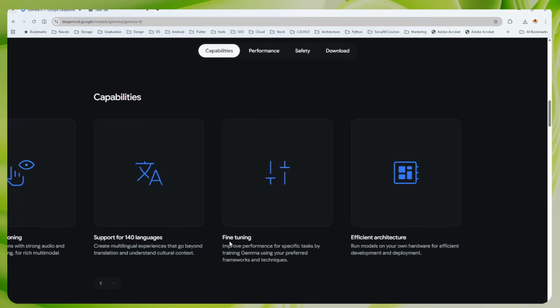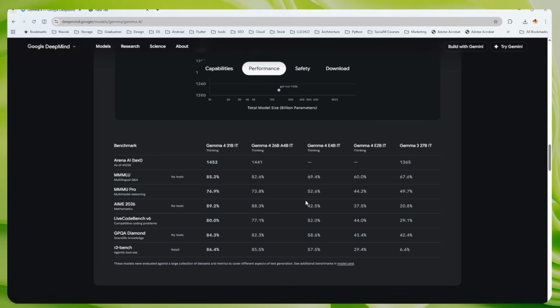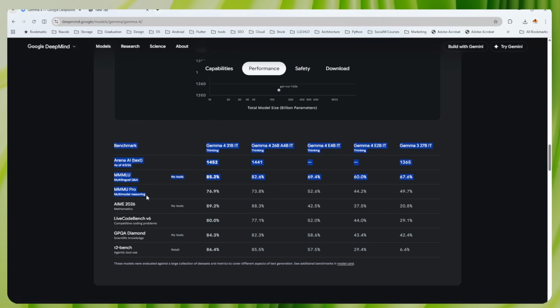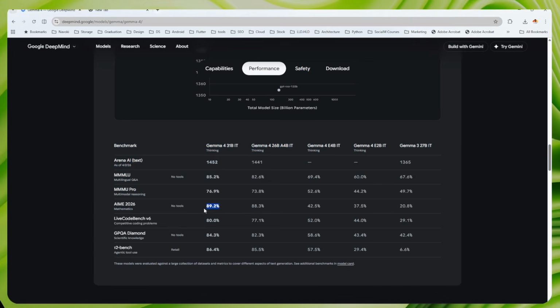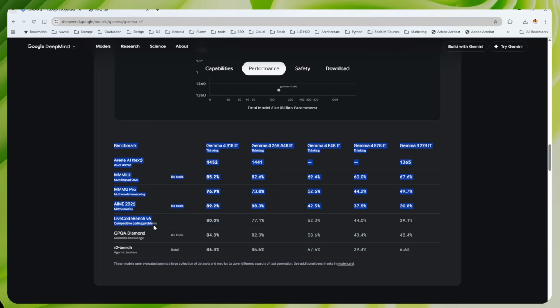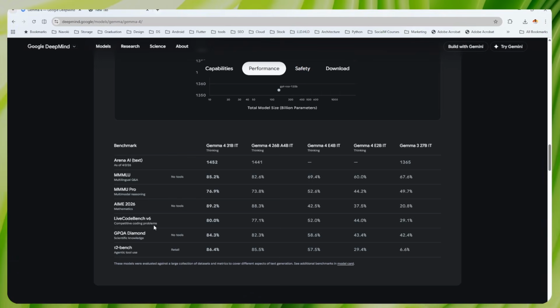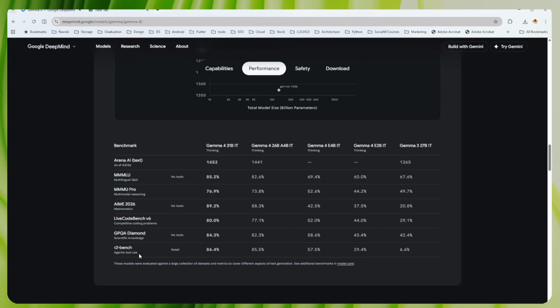And other capabilities are the same. You can fine-tune it for your own purpose, and it has an efficient architecture because it runs well on mobile devices. So here they are showing the benchmark for the 2 billion, 4 billion, 26 billion, and 31 billion models of Gemma 4. It can perform multilingual question answering and multimodal reasoning that can process text and images. It can perform mathematics solving. That means it was able to solve 89.2% of the data set. Competitive coding benchmark. So if it does that, that means it can also generate code for your coding purposes locally on your VS Code and IntelliJ IDE. Scientific knowledge, and it can call agentic tools in your agentic system.